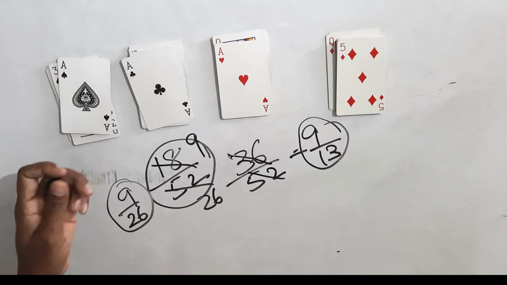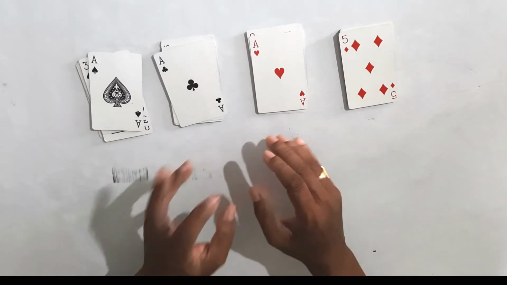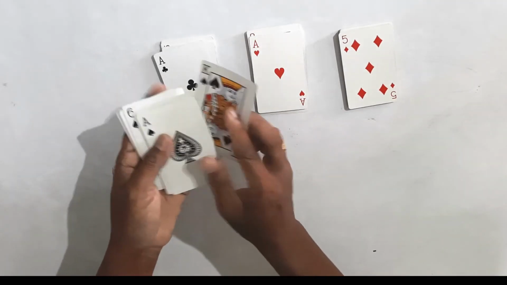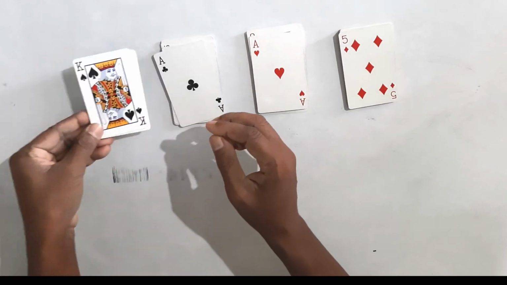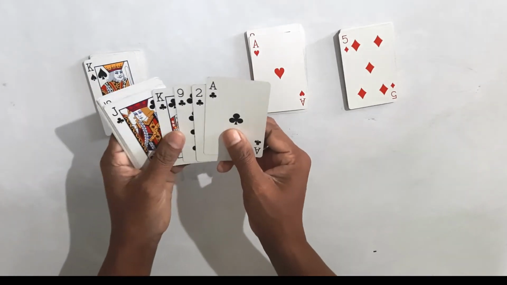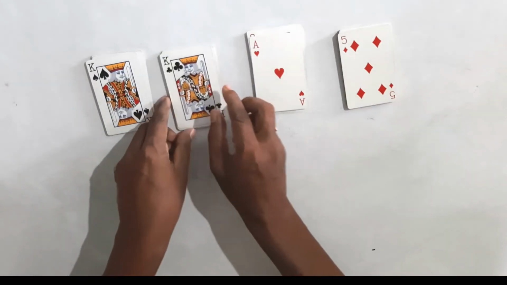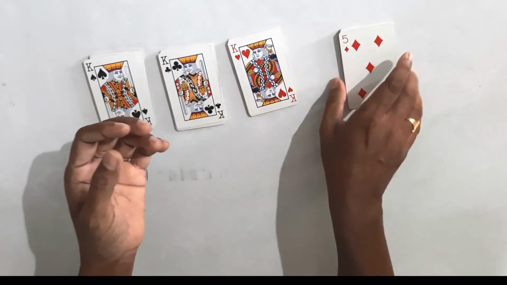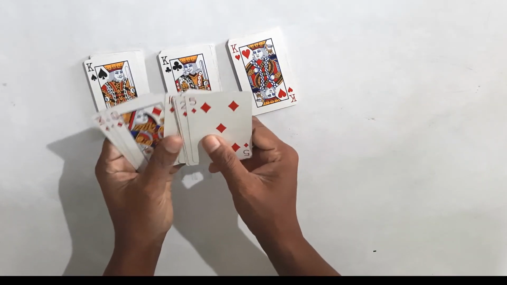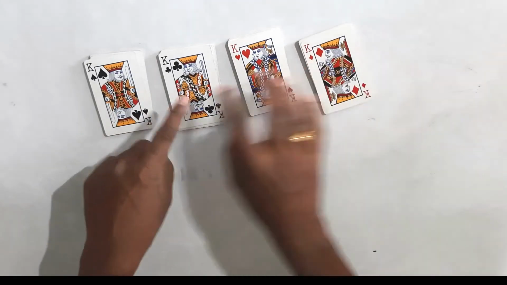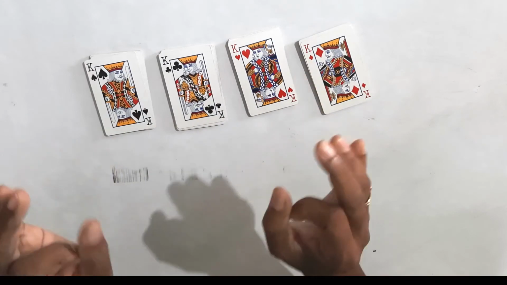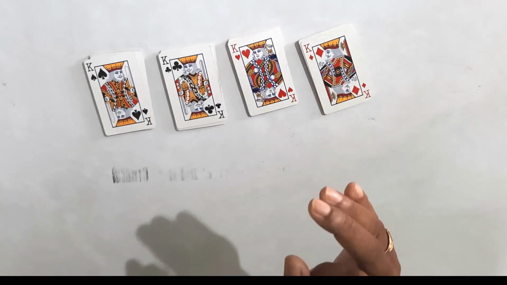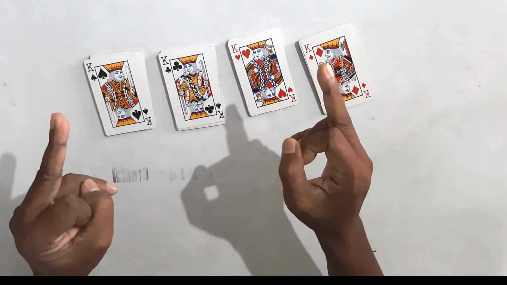Now guys, we'll consider a different question. Now look here, you know there is one king in each type of card. In spade there is one king, in club also there is one king. Okay, this K symbol stands for king. Now in heart also there is one king, and in diamond also there is one king. Okay, now how many kings are there? 4. Now if a boy is allowed to pick one card randomly from these pack cards, then what is the probability of getting a king?